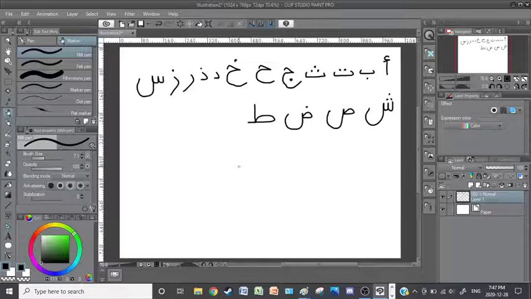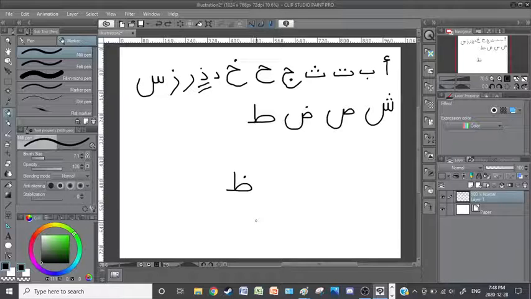Then comes the letter's brother, and you probably have guessed it. It has a dot, the exact same drawing, but with a dot. This is a heavy th. A heavy dhal, not th, a heavy dhal. And you'll probably see it that way in the list as well. I do not recall if that is how they transliterate it, but that is also incorrect, or it will confuse you. The letter is called